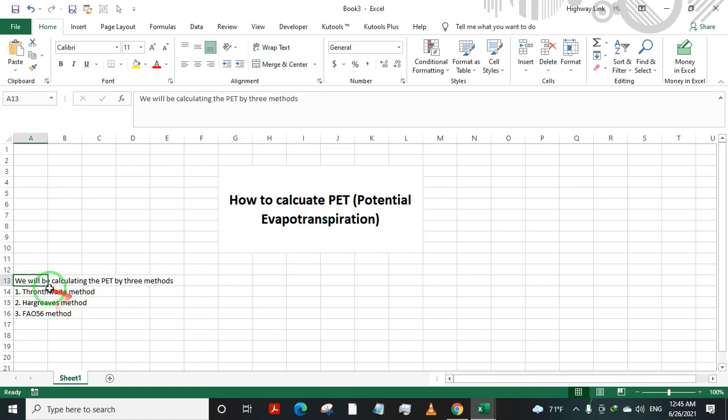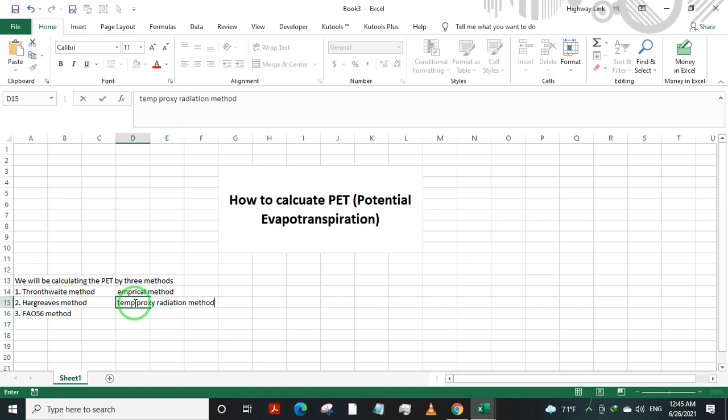Today we'll be calculating the potential evapotranspiration by using three different methods. One is the Thornthwaite method, which is basically an empirical method. The second one is the Hargreaves method, which is a temperature proxy radiation method, and the FAO method, which basically is